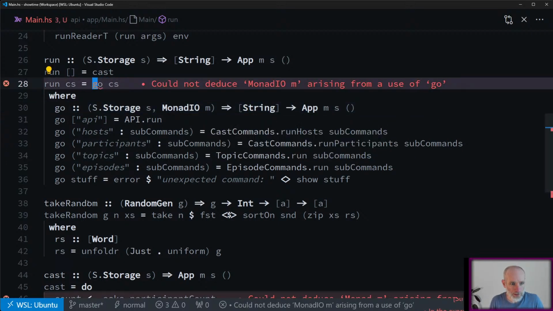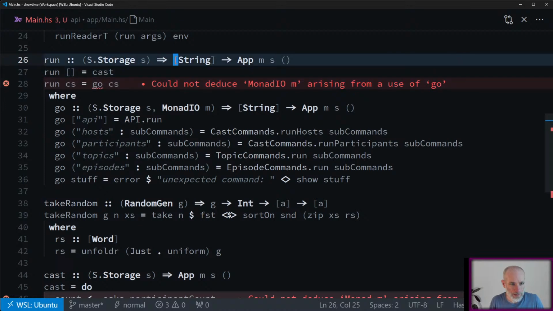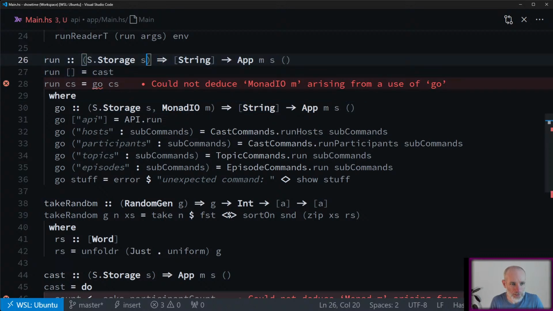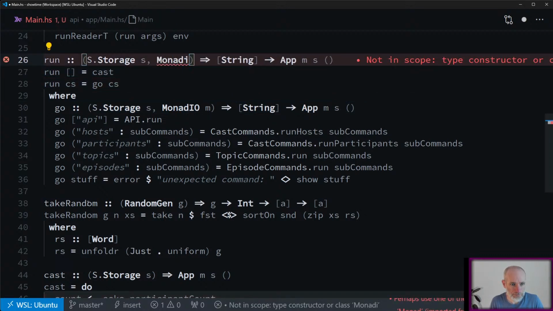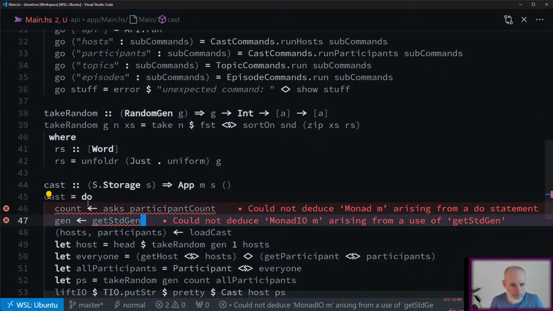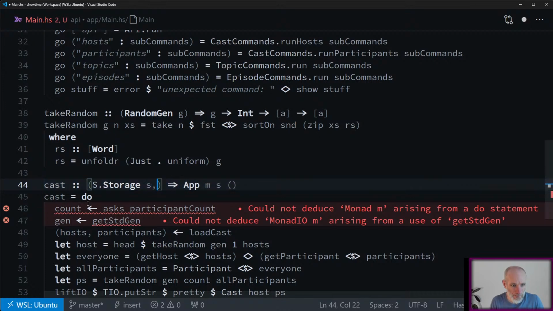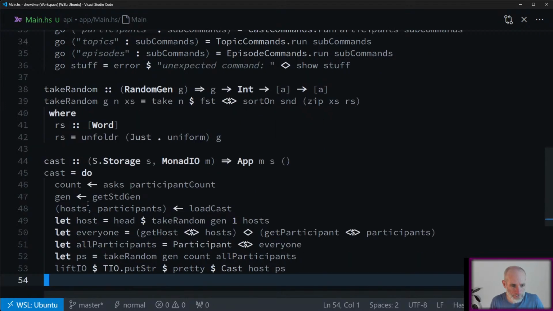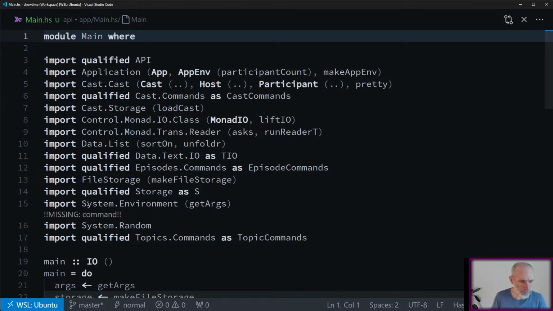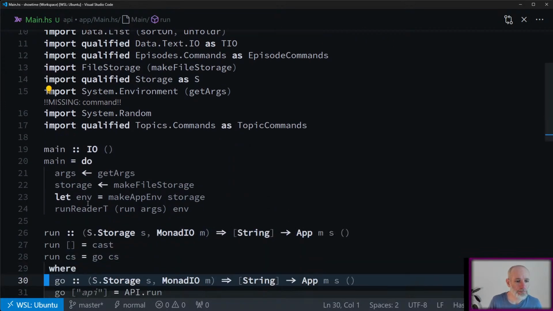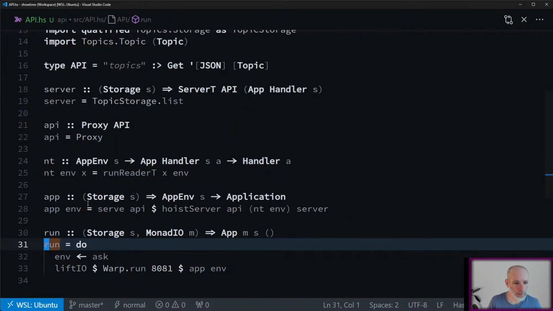Okay, and now it can't work out this M with this constraint. So we'll add the constraint up here. Okay, getting there. So down here, we have the same problem. Whatever this is needs to implement MonadIO. Okay, main seems a bit happier. Don't know why it says missing command in big letters. Scary. Anyway, when we call run, it should call API.run,